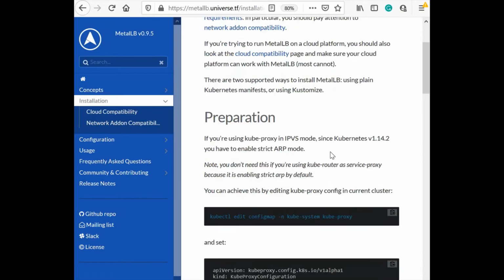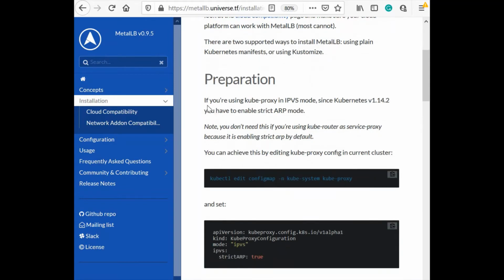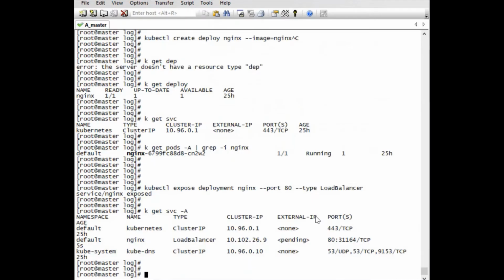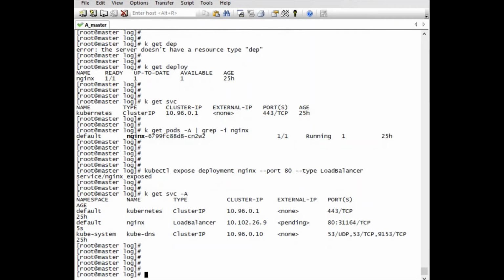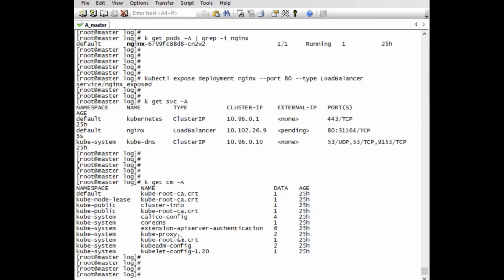For installation, the first step is preparation. If you are using kube-proxy in IPVS mode, then you need to enable strictARP. So let's verify in our cluster if we are using the IPVS mode or not. The procedure is very simple. With the kube-proxy installation, one CM is created. CM means config map. So let's get the config map in all namespaces. Yes, here is the kube-proxy CM.